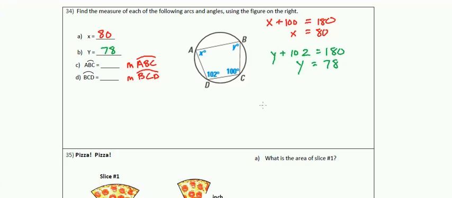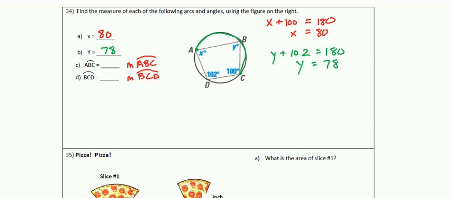Okay, we're back on question number 34, and we're now going to look for the measure of arc ABC. Let's go ahead and highlight this. You can see ABC. If I highlight this, let's bring this around with a green marker. I'll try the best I can to stay on the circle. If you take a look at that arc,